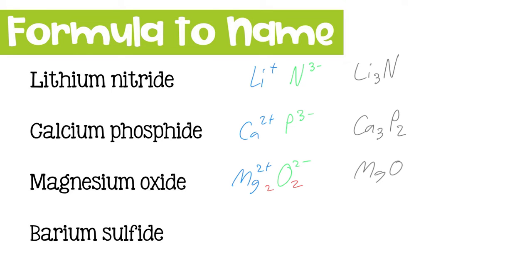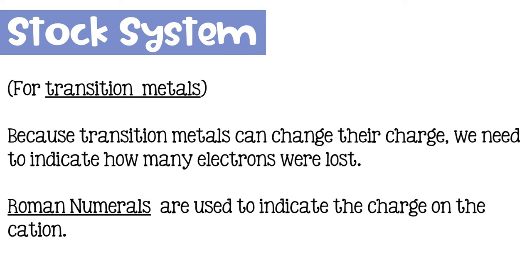Finally, we have barium sulfide. Barium is Ba, has a +2 charge, and sulfide is sulfur, which has a -2 charge. When we cross our charges, we get Ba2S2, which we can then divide both of the subscripts by 2 and simplify to BaS. Now that we've looked at some basic binary compounds, what about binary compounds that have transition